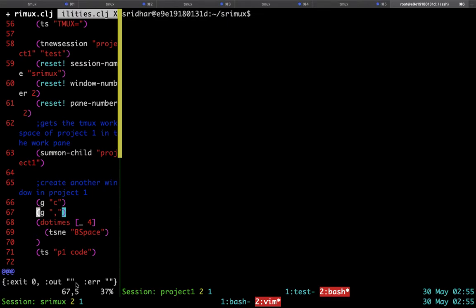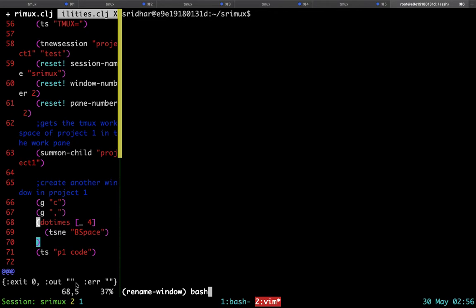Now let's rename, because bash is not a very good name. Let's try to get a more descriptive name. So the rename command for tmux is prefix comma. So to do that, we would have to send a comma using the G command again. When you do that, you see that the inner tmux is prompting for us to enter a new name. Now the way we could do it is send 4 backspaces